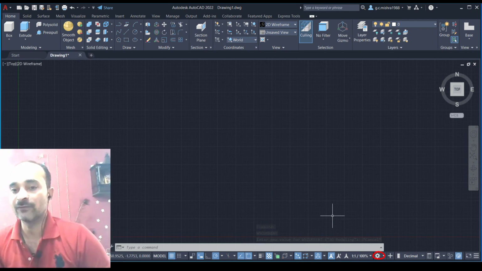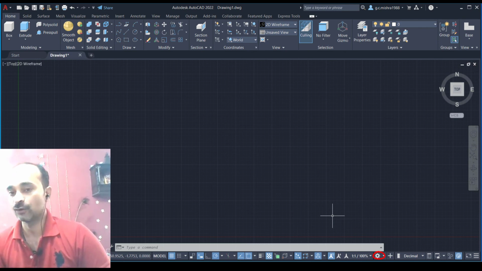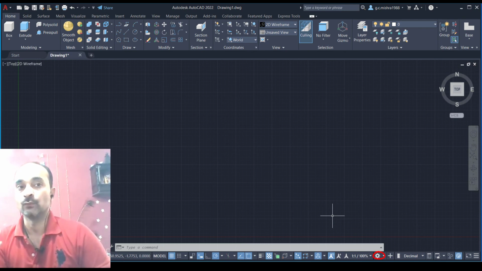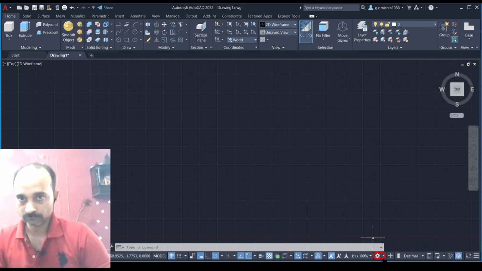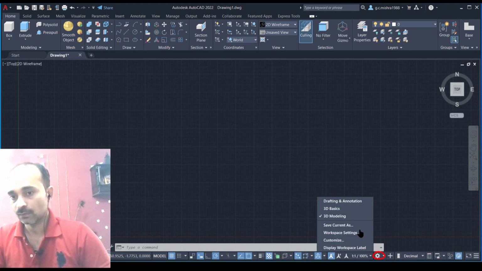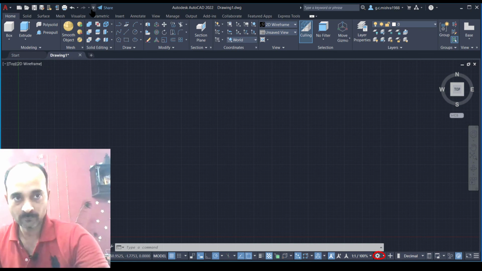It means before going to reset, you have to check in which workspace you are working. So workspace can be switched from here.